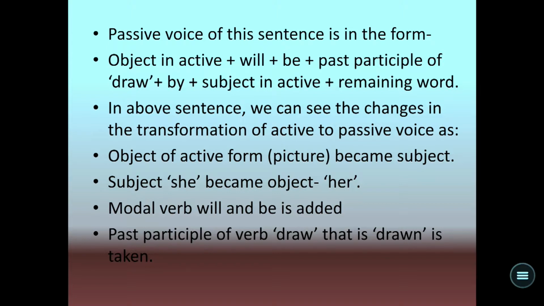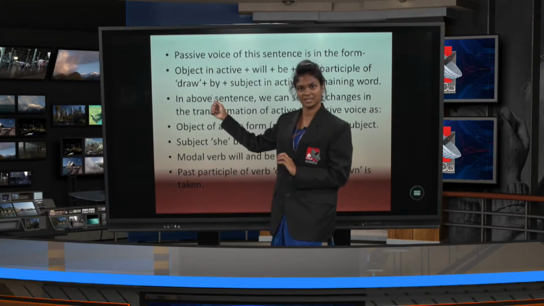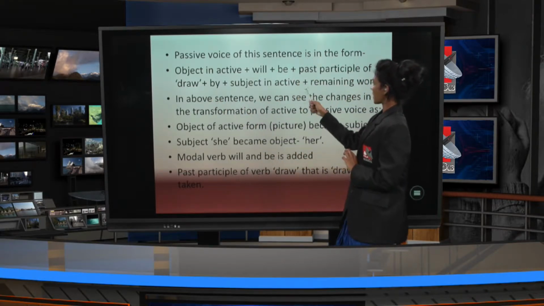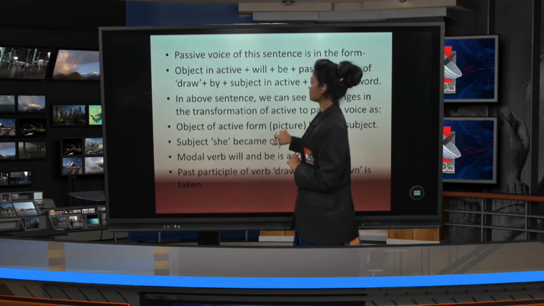Here, if you wish to specify the subject, or if you want to mention the subject, you have to add the preposition by. By plus the subject in active, and the rest of the words remain the same, right? Then